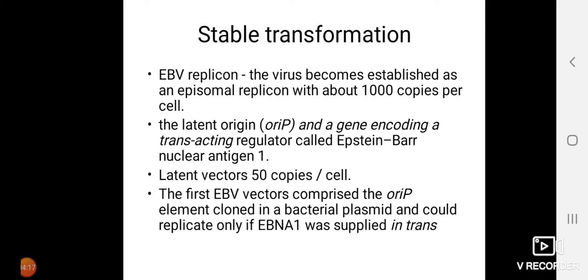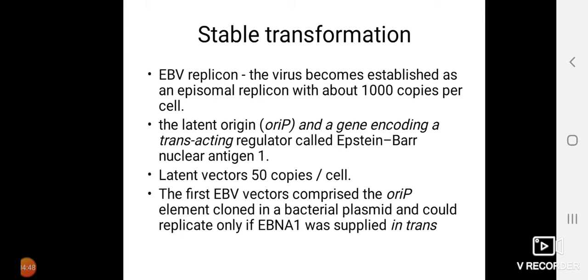That can be linked with an origin of replication, oriP, and a gene encoding the trans-acting regulator EBNA1, that is Epstein-Barr virus nuclear antigen 1. When this combination is transformed into the host cell, people have found that it gives rise to 50 copies per cell. So the first EBV vector